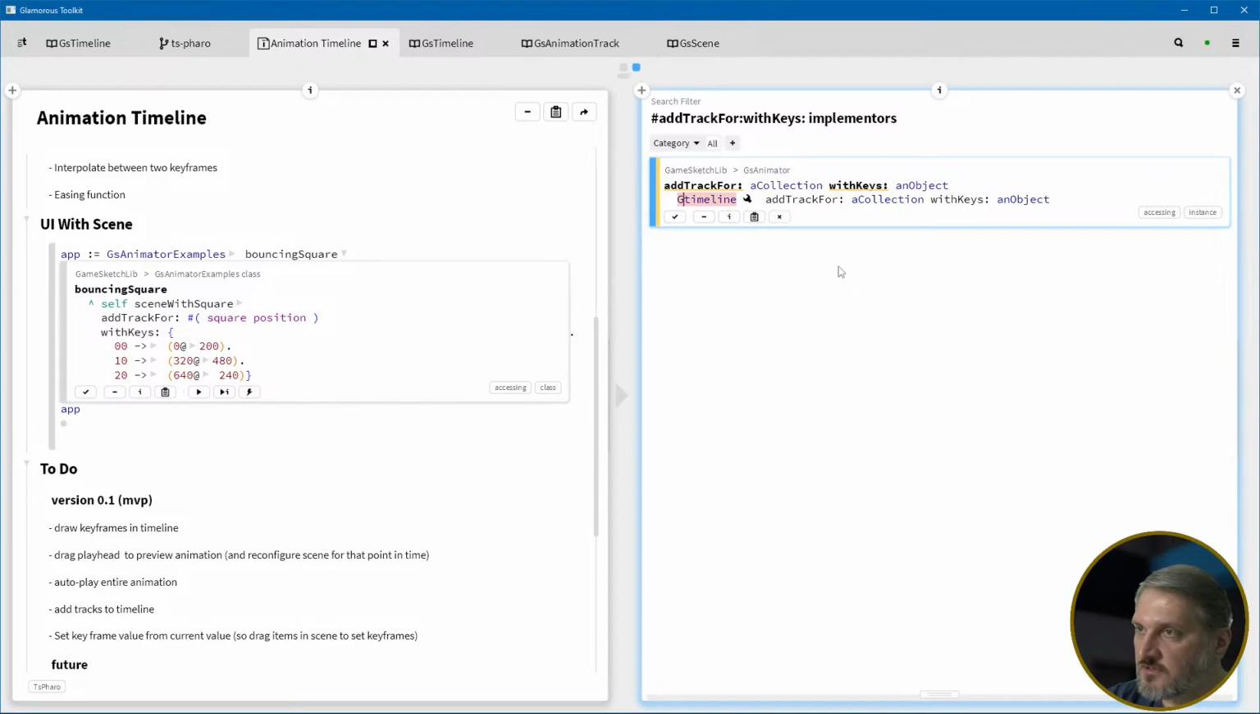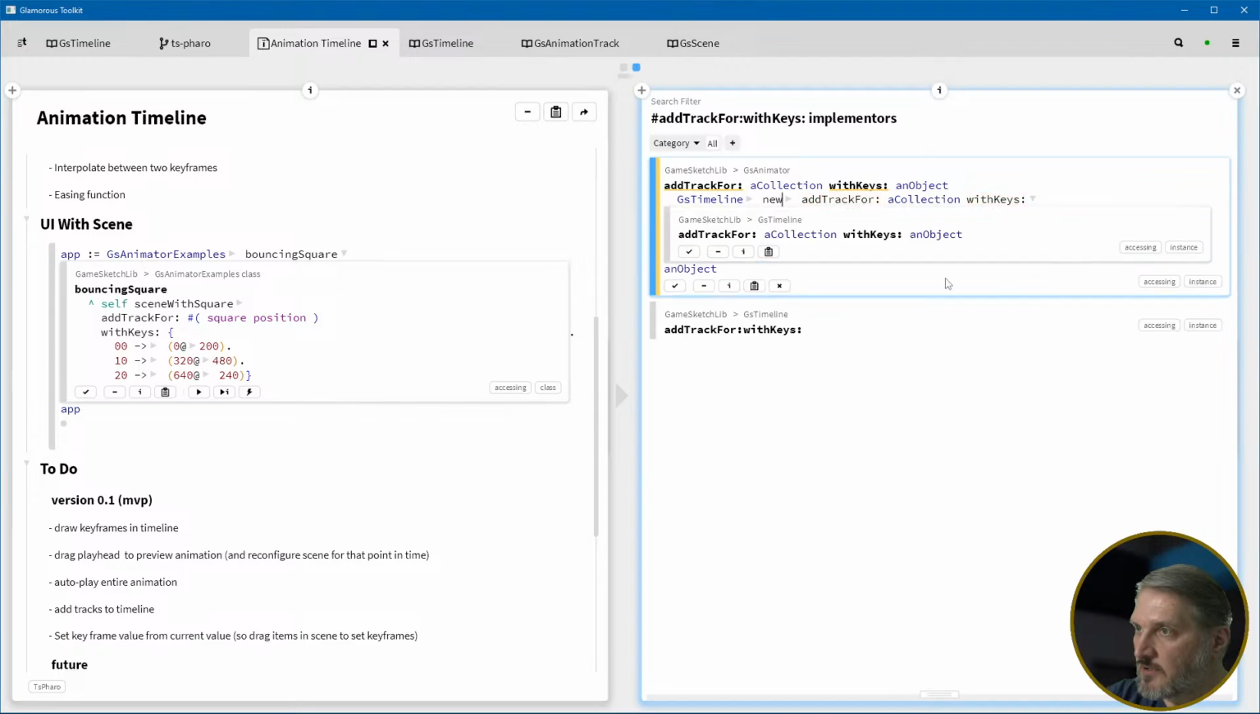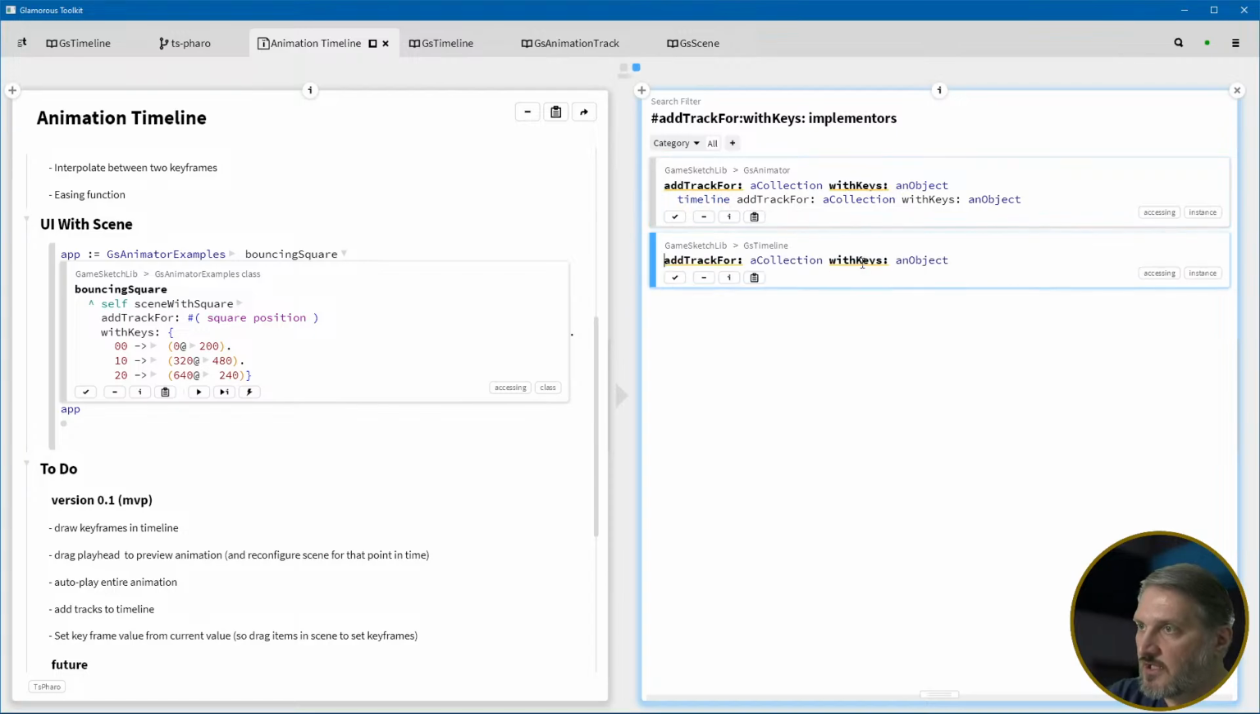This is GS timeline new. Add track for, and if we add this here, boom, create method, boom, and it shows up here. And we can just say timeline here. This is what it was a second ago. Now,